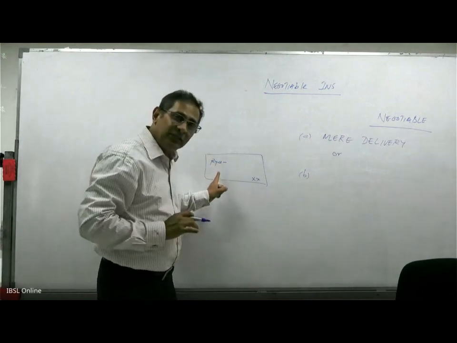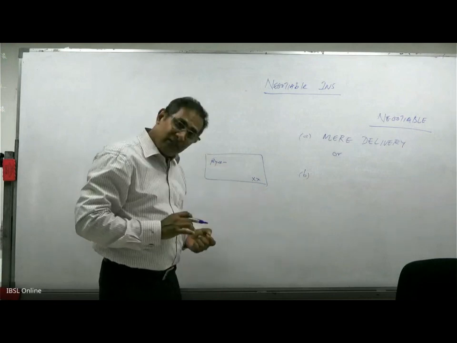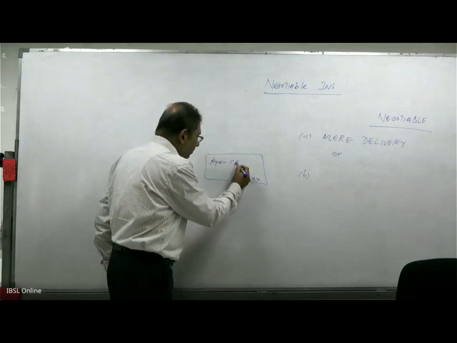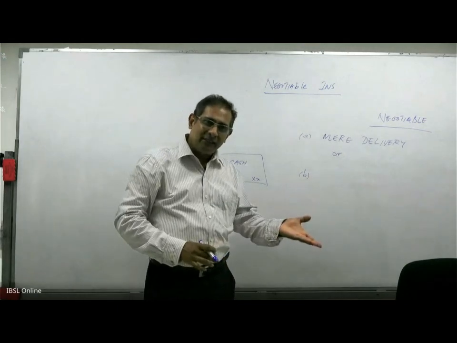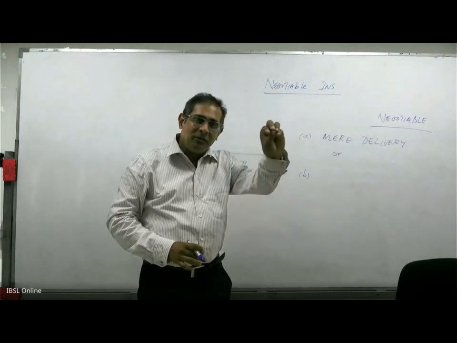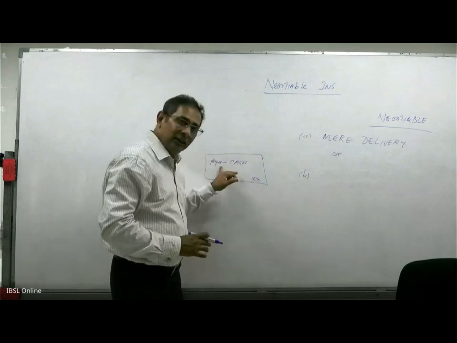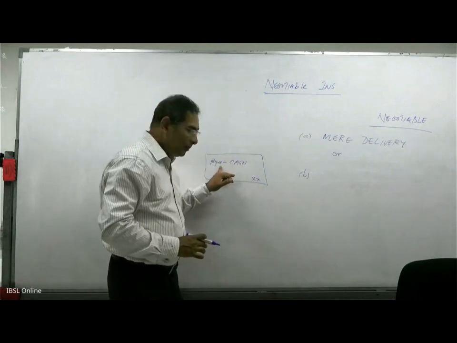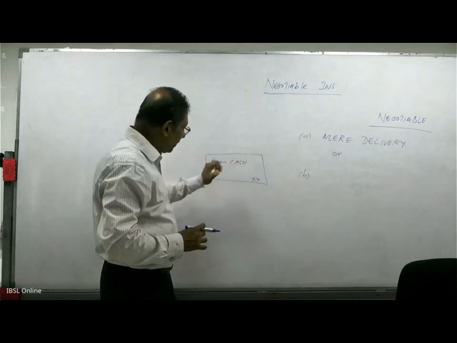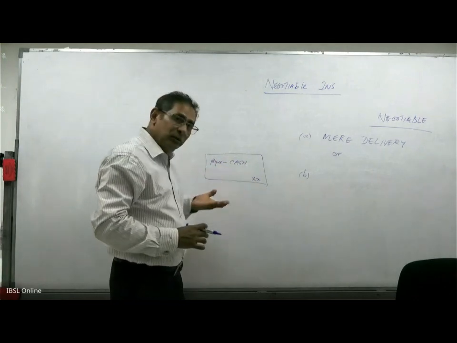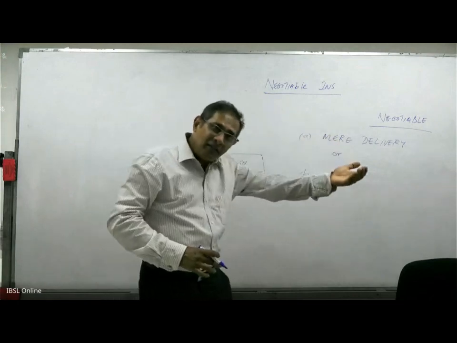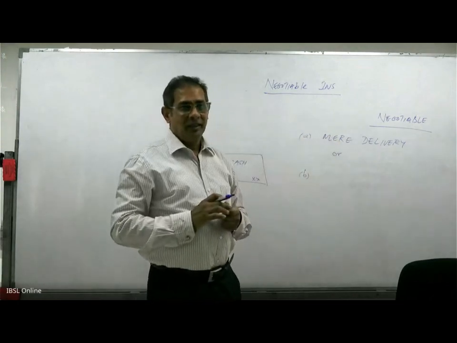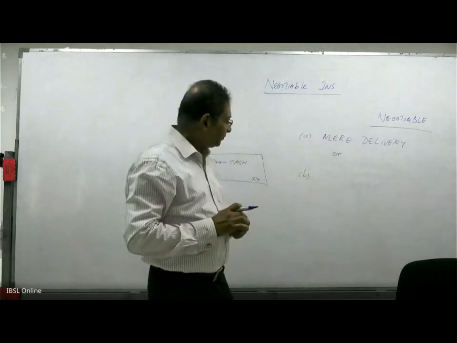Why did I say fictitious? The payee could be cash also. There's no person called cash, so that means it's a non-existent payee. But the check could be written like that. Right? It's drawn on the bank. So pay cash, and the check is given to Bernard. Bernard can go to the particular bank mentioned here and cash it over the counter.